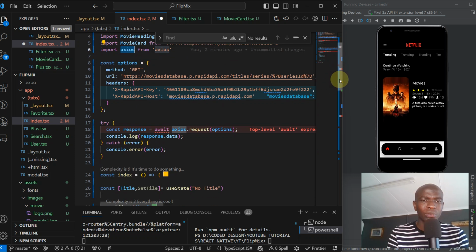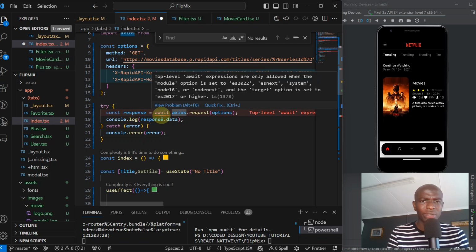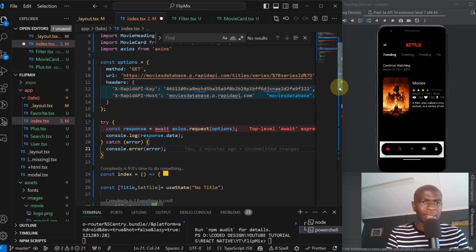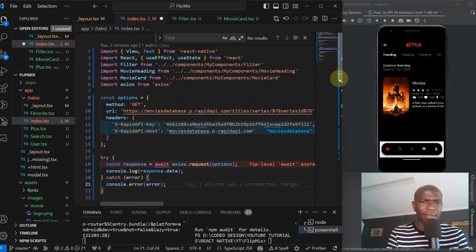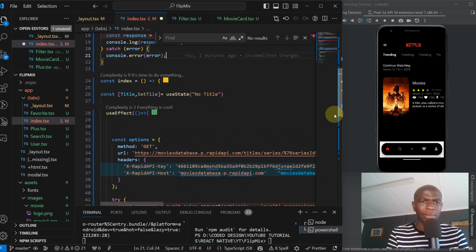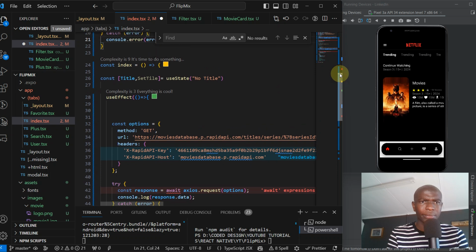That means we can use Axios, and then const await. When you are using await, you need to create an async function, because await always works in an async function. That's not a problem. Are we inside a hook? Where is my useEffect hook? Where am I? I'm on index. This is the useEffect hook. And my question is,